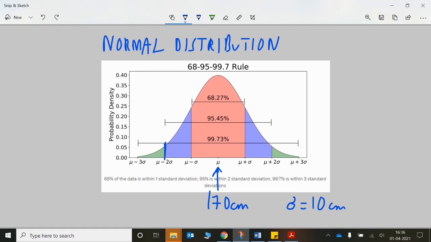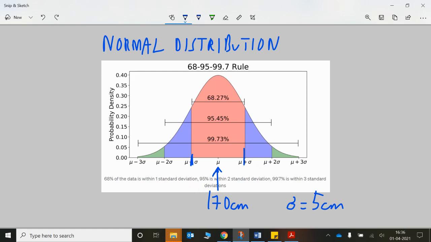Within two standard deviations of the mean, almost everything is caught. Almost all observations will be caught within two standard deviations of the mean. So that gives you a sense of what the standard deviation means. And of course, if the standard deviation there was instead 5 centimeters, then the whole graph would be much tighter in. This would be 165 here, and this would be 175 centimeters. And then that would catch